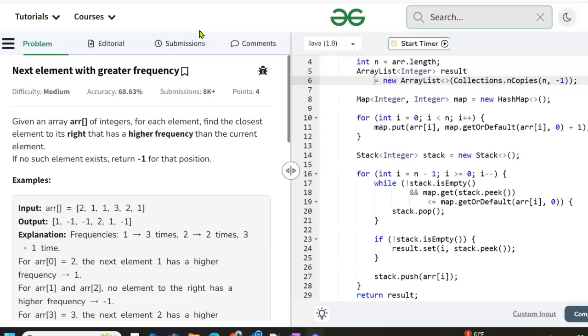The differences here are minimal. With the circular array, you could wrap around and look for a greater frequency. So for the last element, for example, you could wrap around to the beginning and look for a greater element. That isn't the case here. For example, in this case, for the last number, there's never going to be a next